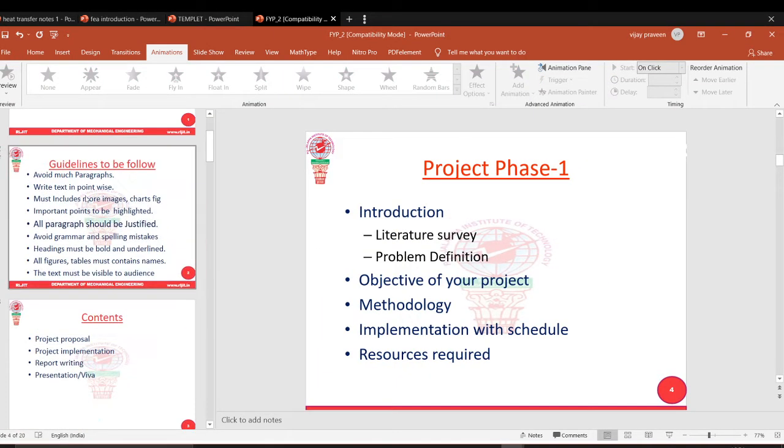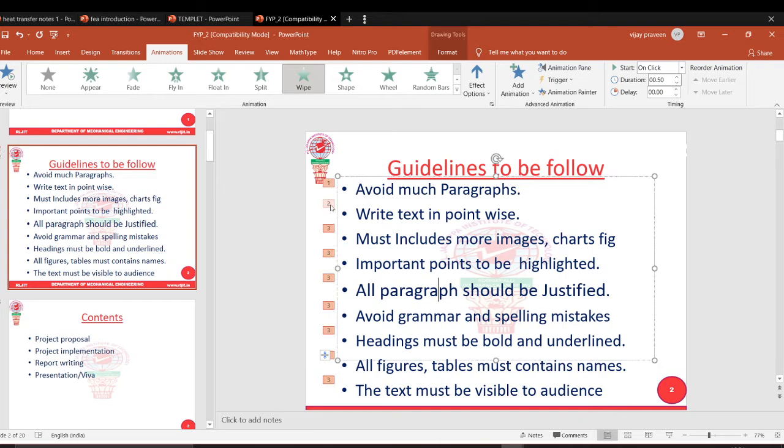Why is it happening? Because for the first point I gave one separate animation, the second one separate, but the second, third, fourth, fifth and all have only the third animation. Therefore if I select them at a time, automatically all the selected ones will become visible at the same time. But I don't want that, I need to change it to one by one. Therefore here you can see 3 is there. I will click on this.